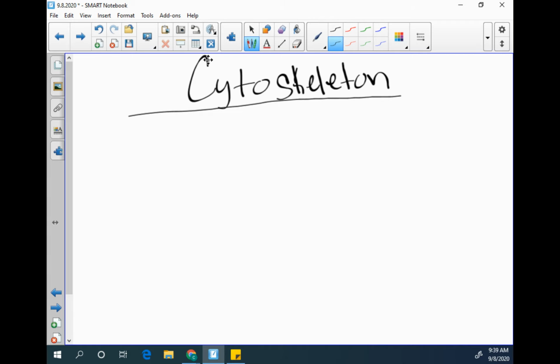Yeah, so the cytoskeleton is one of those organelles that, in your lower level bio courses, sometimes it's mentioned, sometimes it's not mentioned, sometimes it's just brushed over. But we are going to talk in detail about just how important the cytoskeleton is, starting with functions. This is a general overview of the functions. There are different components that we are going to talk about as well, and those different components have more specific functions. So the first one